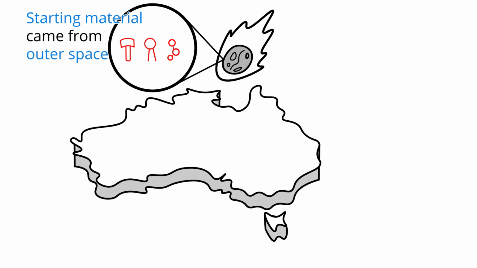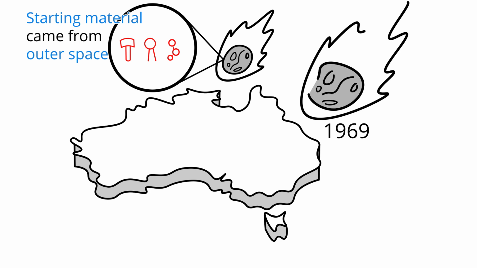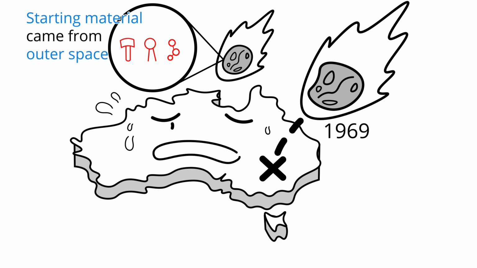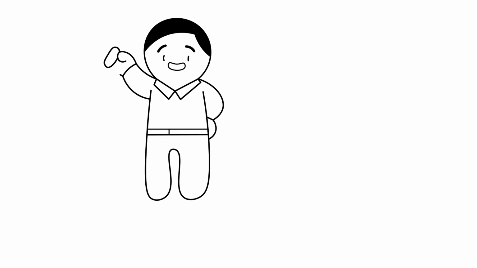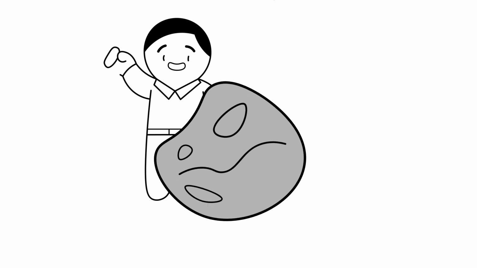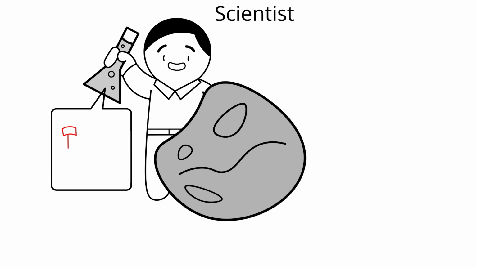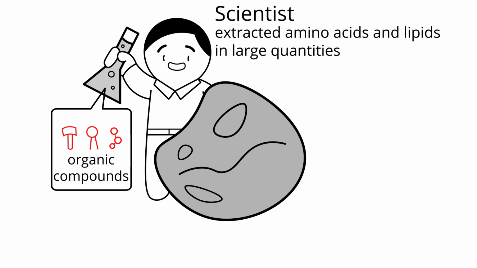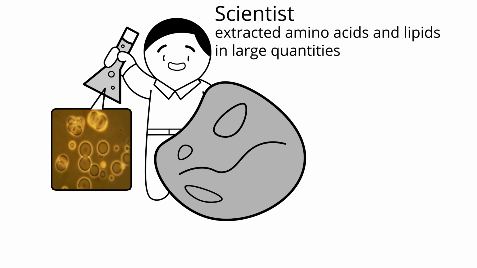Here's why. In 1969, a meteorite as old as the solar system, about 4.6 billion years old, came smashing down over the village of Murchison in southern Australia. Interested to find out what secrets meteorites contain, scientists at NASA Ames extracted samples of the meteorite and deciphered some of the chemicals within. As it turns out, it contains thousands of ancient organic compounds, including the amino acids and lipids, in large enough quantities, such that small bubble-like structures called vesicles form when astrobiologists like Professor Dave Deamer dissolve them in water.